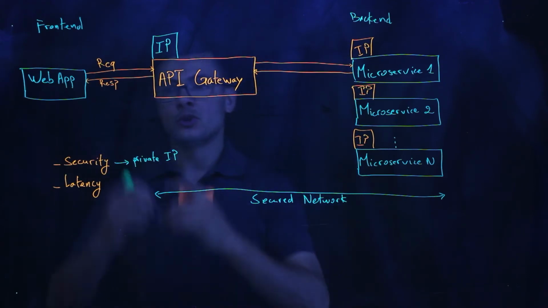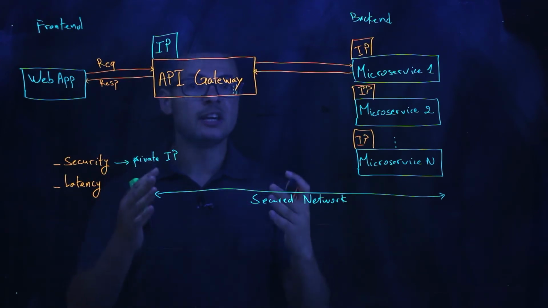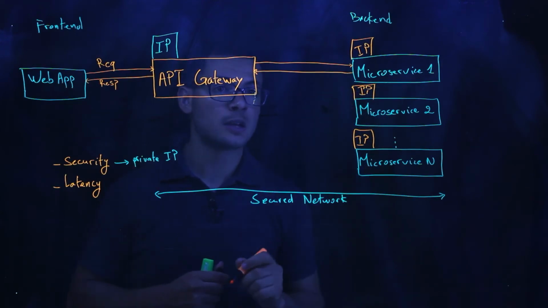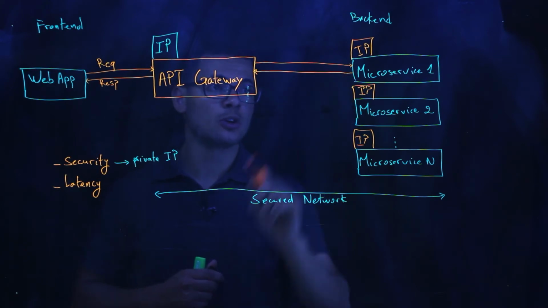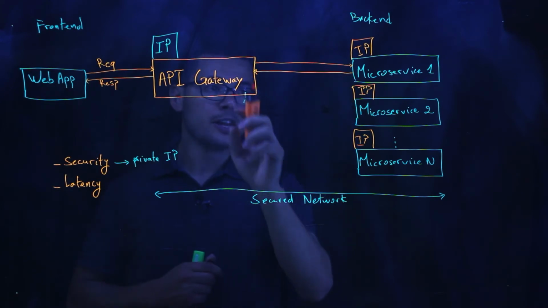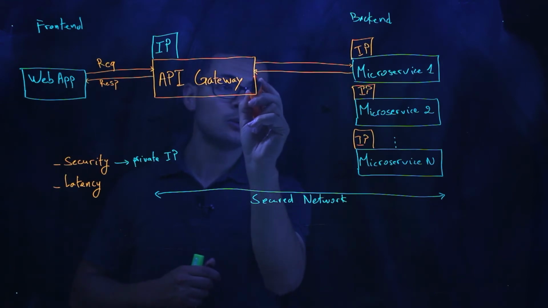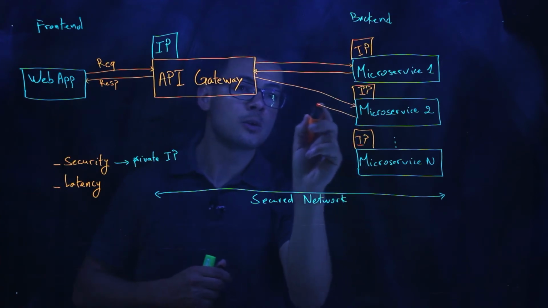So here, for the sample of getting the product details with their prices, a first request could go to microservice number 1. We get back part of the data right here, the details for the product. Then a second request could be issued by the API gateway to microservice number 2 in order to get the pricing